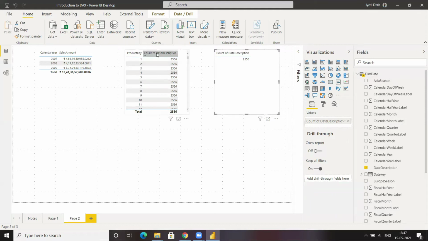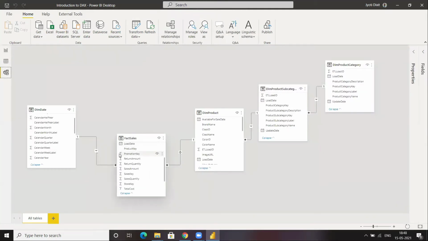So I wanted to see which product keys. I wanted to see that the product corresponding to product key one was sold on which number of dates, right? I wanted to see that particular thing, but I am not able to see it over here. Why? Because of this relationship.